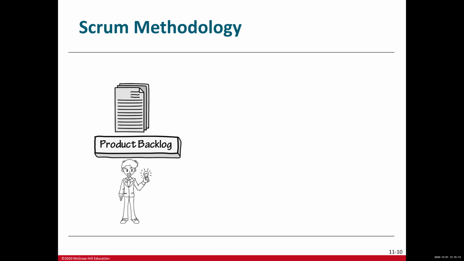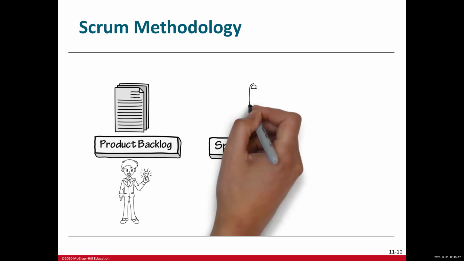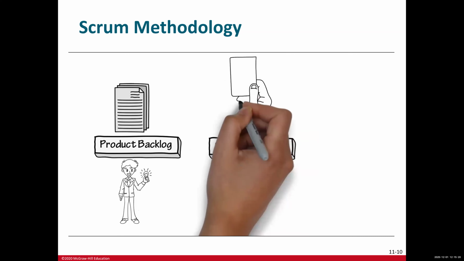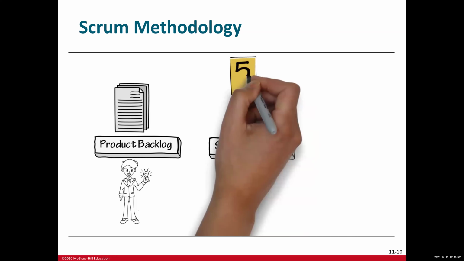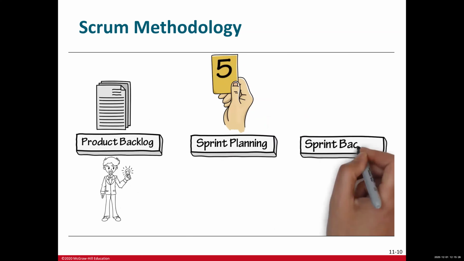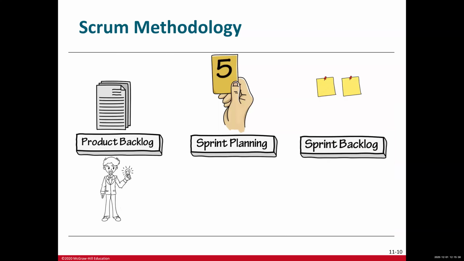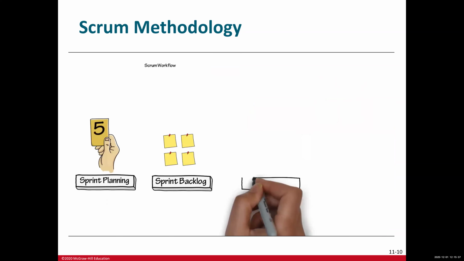Sprint planning is where the team, product owner, and Scrum Master discuss the top priority user stories, determining what can go into the next sprint. The output from the sprint planning meeting is the sprint backlog. This is a list of user stories that have been committed to for the next sprint. The entire team and product owner have a solid understanding of what each of the user stories involves based on the discussions from the sprint planning meetings.